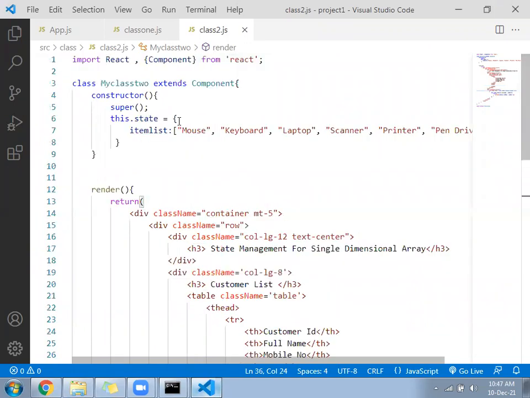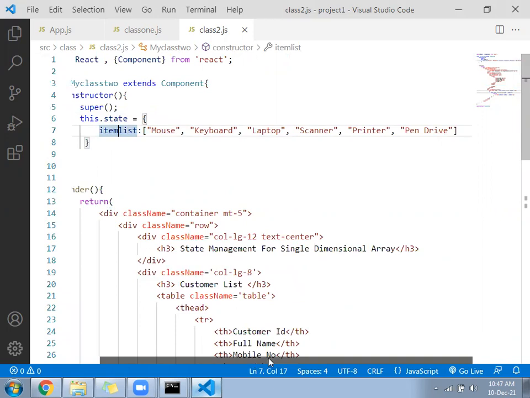We'll go to the state variable. Already we have a variable called item list. The item list array we already have. So what will we do? Put the comma in the last.